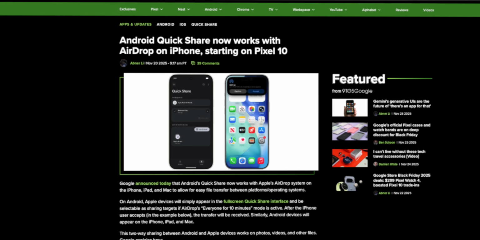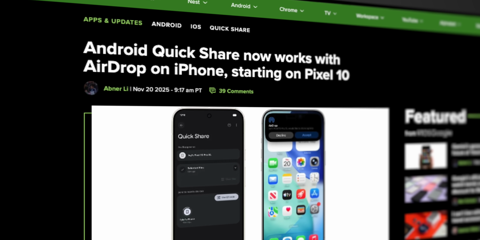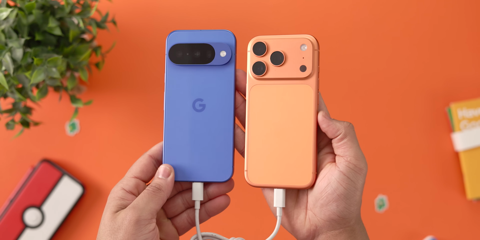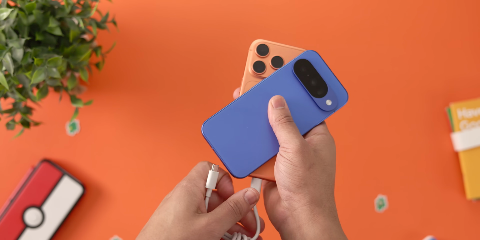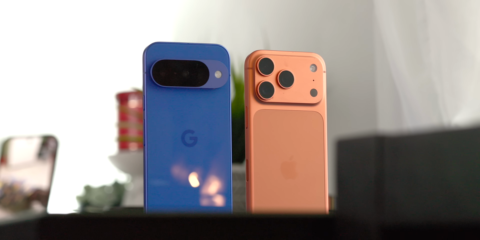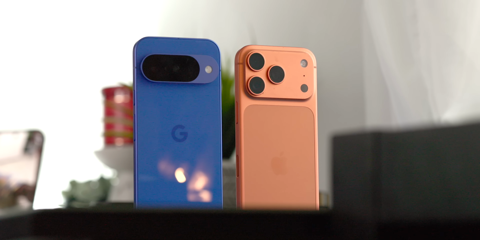Well, my friends, here's a piece of Android news that I never thought I would ever be covering, but crazy enough, it seems like somehow, someway, Google got Apple's signature AirDrop feature working on both iPhones and Android devices. And as someone that's been around since the very beginning of this iPhone versus Android battle, this has to be one of the most aggressive power plays I've seen from Google that could very well have huge implications for the